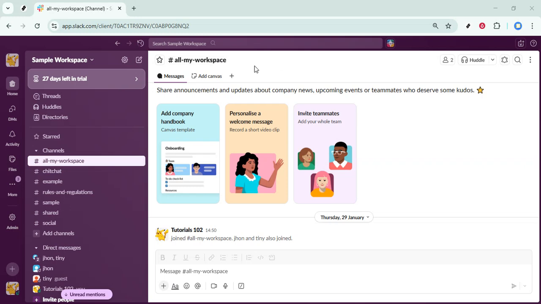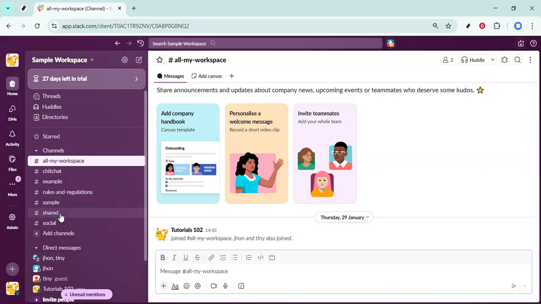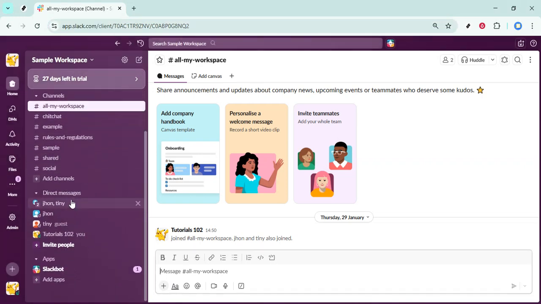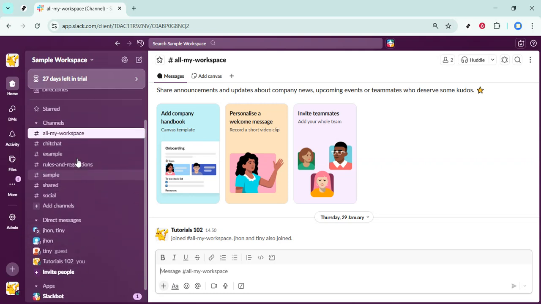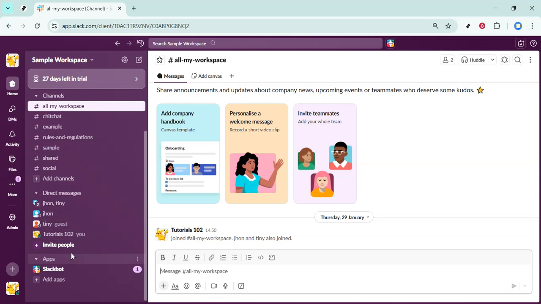First, open your browser and go to app.slack.com. Once you're in your workspace, look to the left side of the screen. That's your sidebar. You'll see areas like starred, channels, and direct messages. What we're going to do is rearrange what you see there so the channels you use most often are exactly